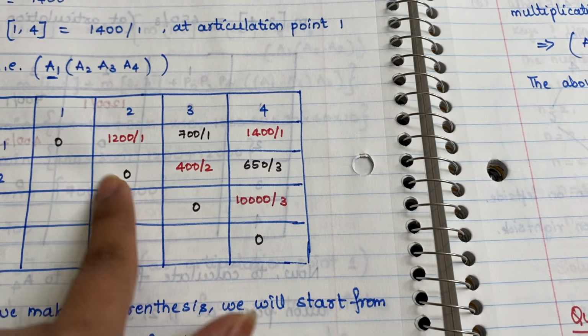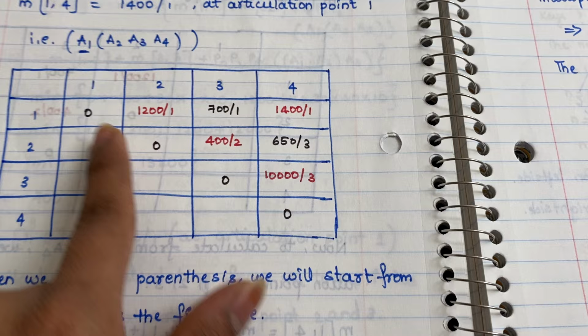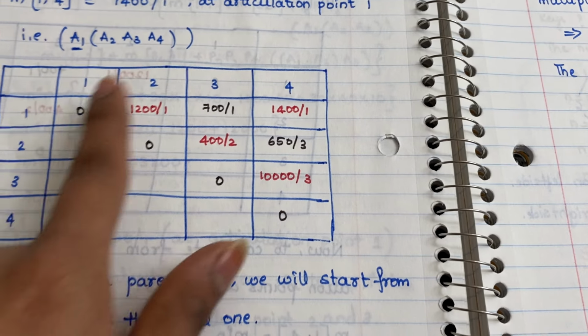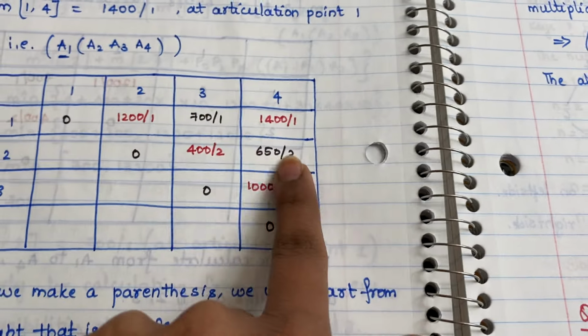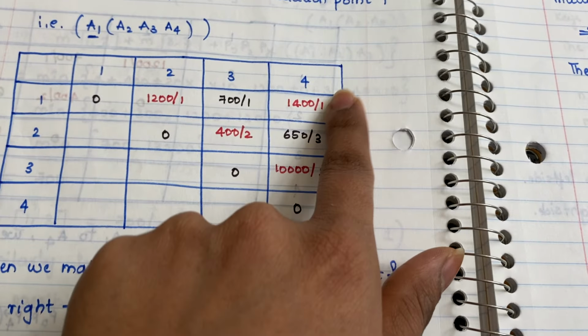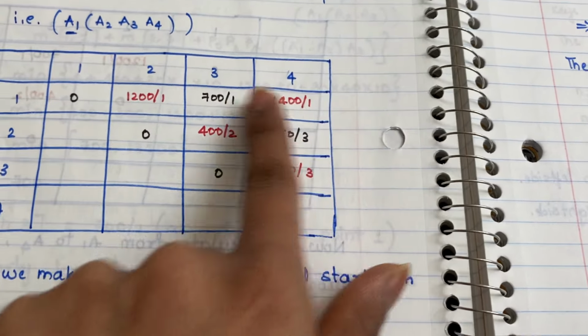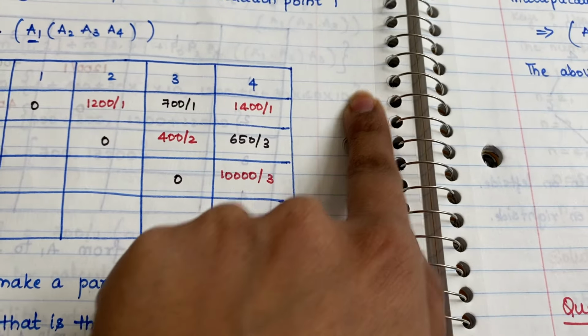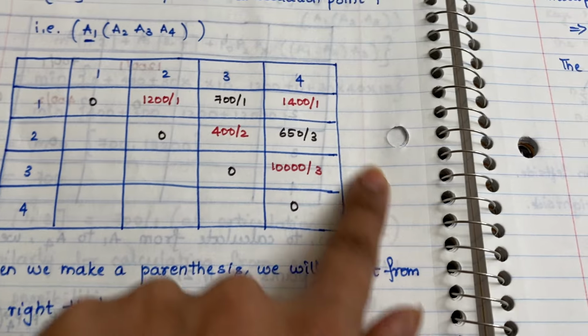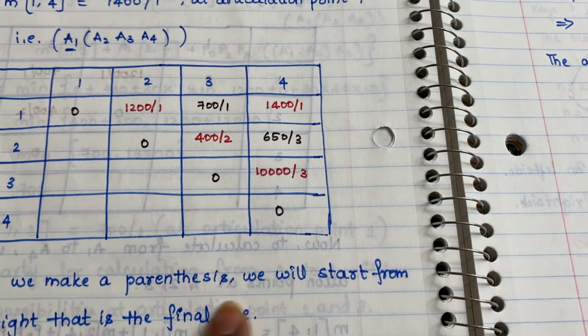First the self entries will always be 0, and then taking 2 matrices we will calculate, then taking 3 matrices, and finally calculating the 4 matrices: 1 to 4, 1 to 3, 1 to 2. If we have 1 to 5, then we'll calculate 1 to 5. In that way we will do this matrix chain multiplication